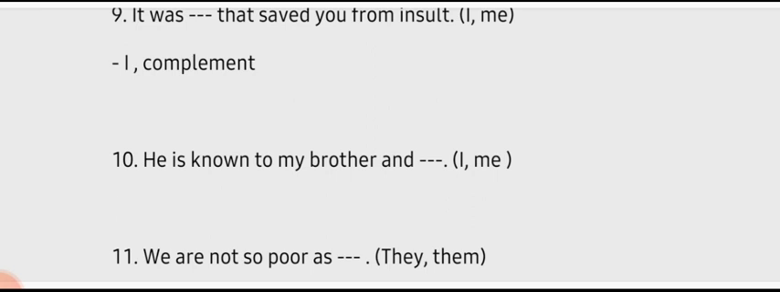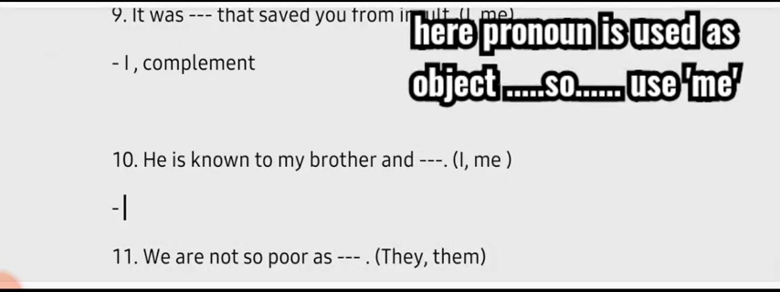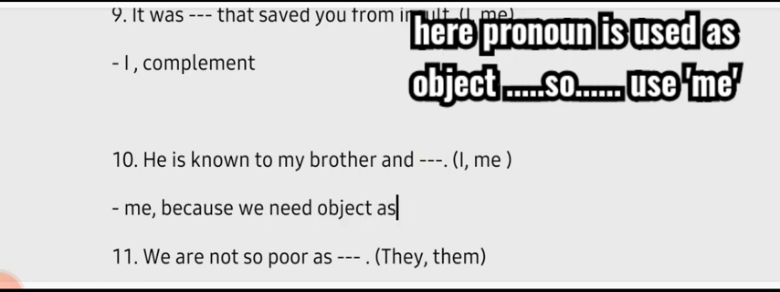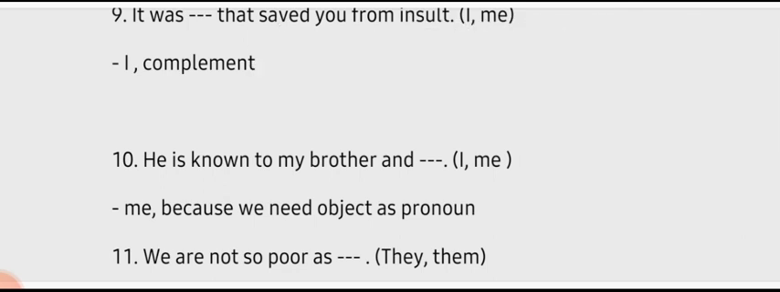In the 10th sentence, next, he is known to me, he is known to my brother and me, right? Means he is known to me, we can say. Means in this way, me is right here. Why? Me is correct. Why? Because we need object as pronoun, right? So the next sentence,